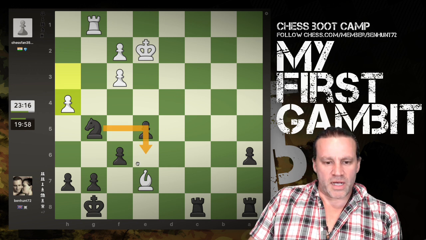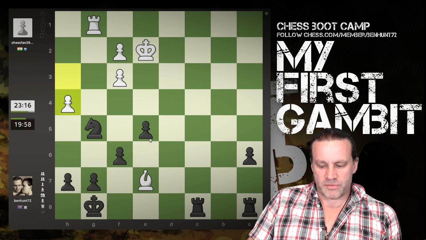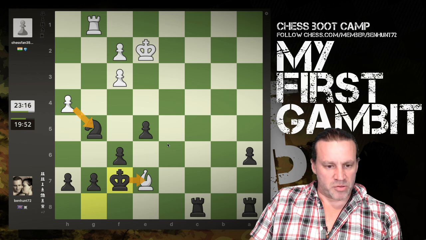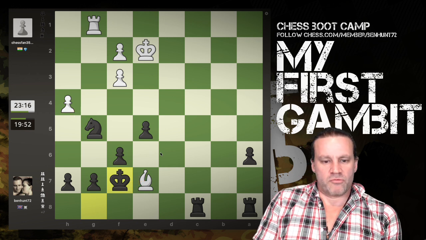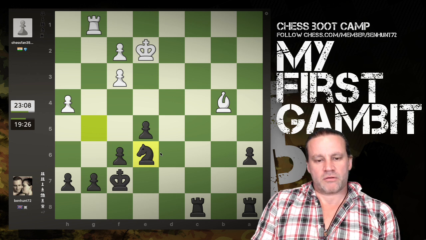Look, white has bishop takes f6, and I can't recapture because my king would be pinned by the rook. So what do I do? King f7. Now, if the pawn wants to take the knight, I'll grab the bishop, and that's not too bad. I'm up a rook and a couple of pawns at this point in time. So bishop runs away, knight runs away,